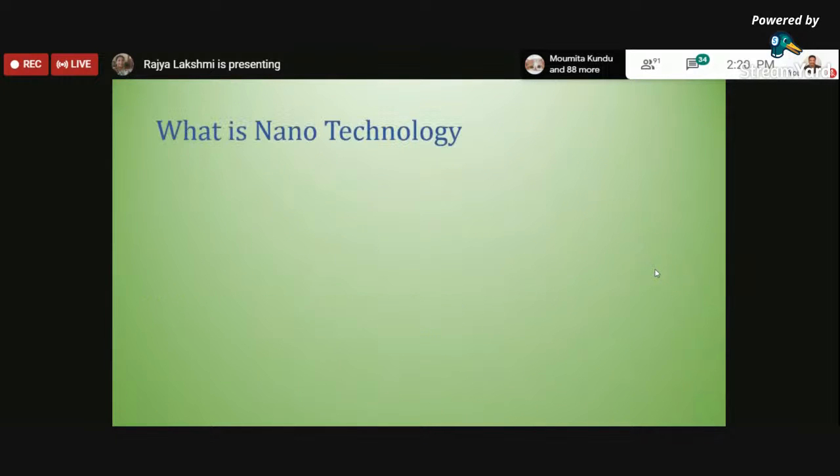You people might already have gathered knowledge from earlier sessions, which introduced what nanotechnology is, why it is required, and its various applications. But still I will briefly go through what exactly nanotechnology is. The term nano, or nanotechnology, is completely related to molecular manufacturing. That means we are focusing on matter. Matter means material. So how the matter, the particle or size of the matter, plays a role on the properties of the product which you are trying to manufacture with that matter.